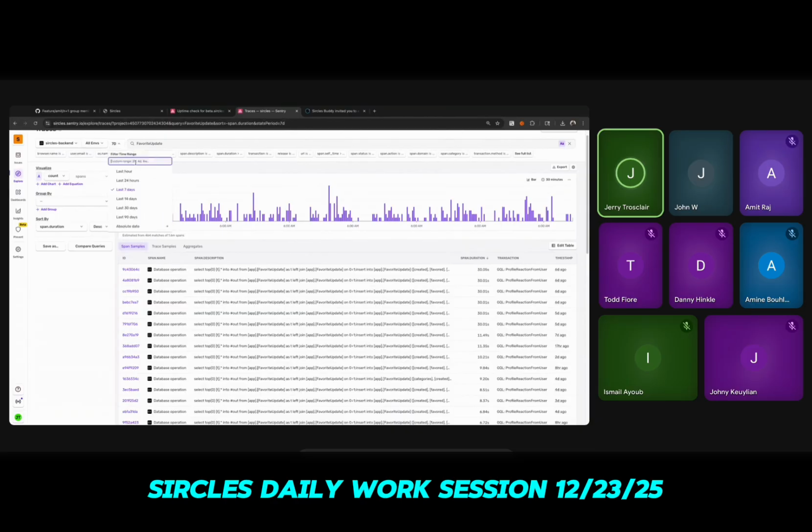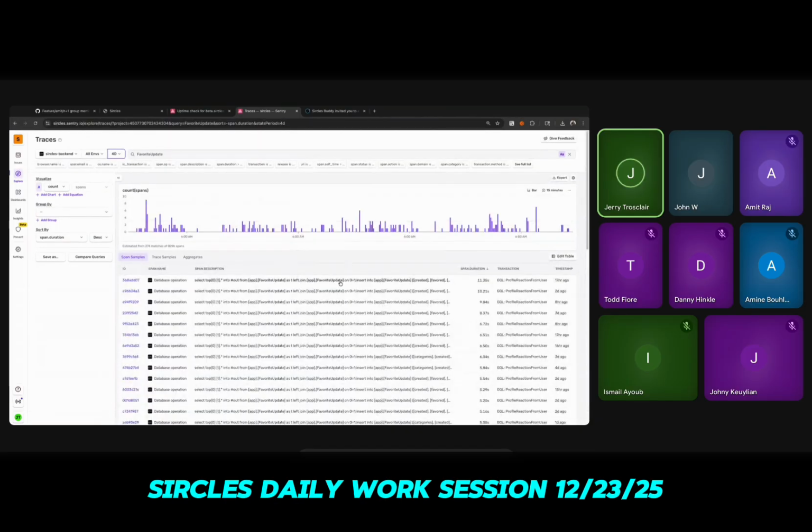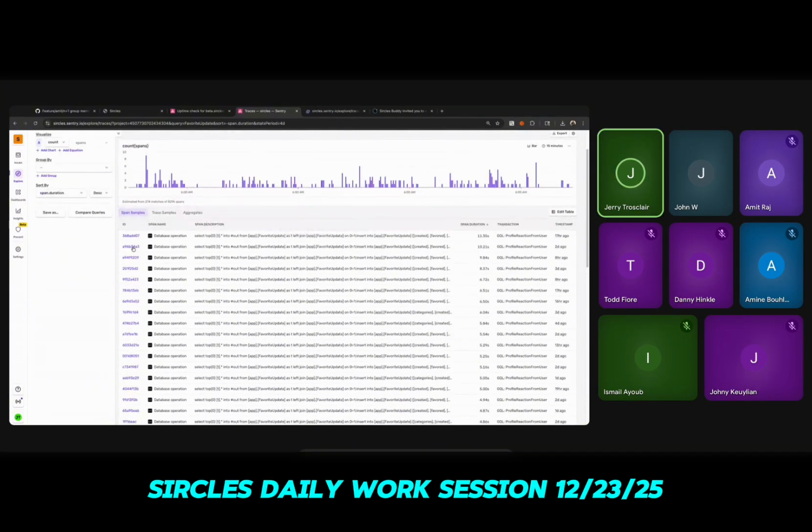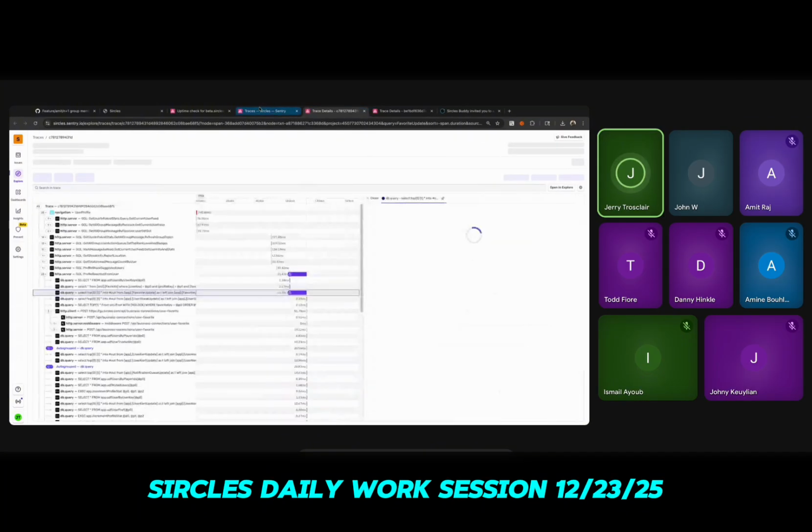Actually, we got to go like 4 days because it was a week ago we fixed it. Yeah. So looks like we had one that took 11 seconds. This was 17 hours ago. I'll look into this one, but the rest of them look like they're taking, like I said, about 4 or 5 seconds. I'll look into these and see what's taking so long for them.